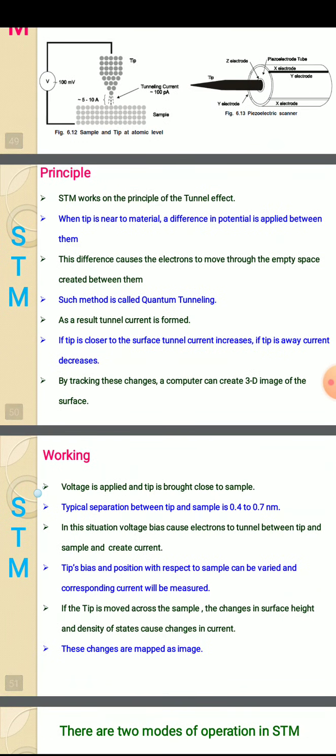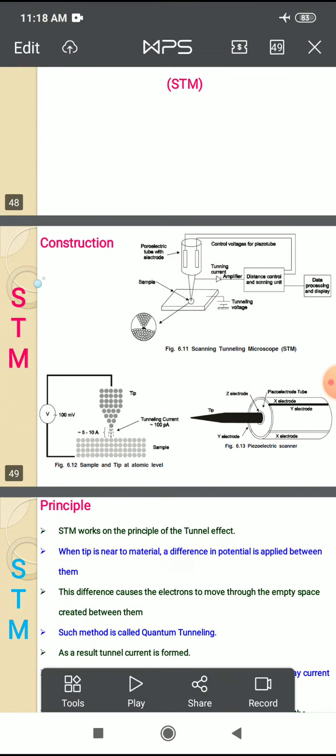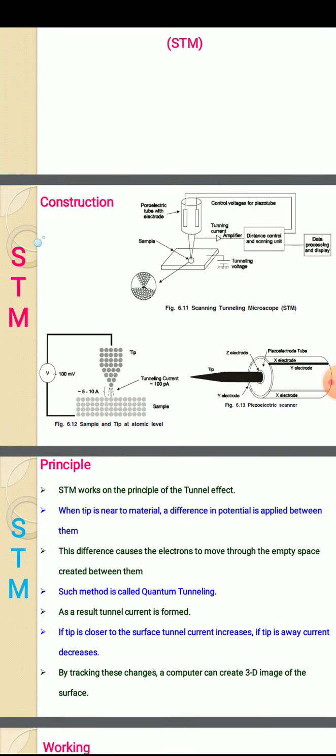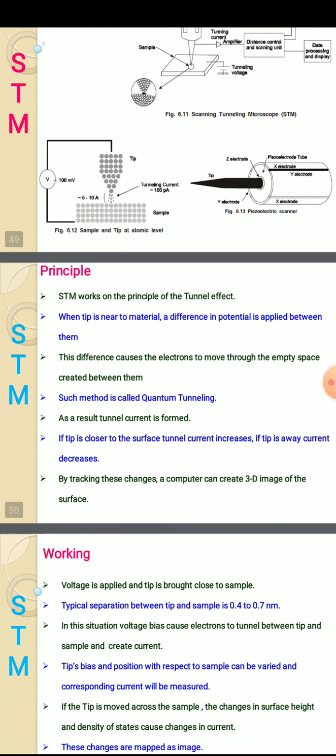Working: the voltage is applied and the tip is brought to the sample. The separation between the sample and tip should be 0.4 to 0.7 nanometer. So here the voltage bias causes the electrons to tunnel between the tip and sample and